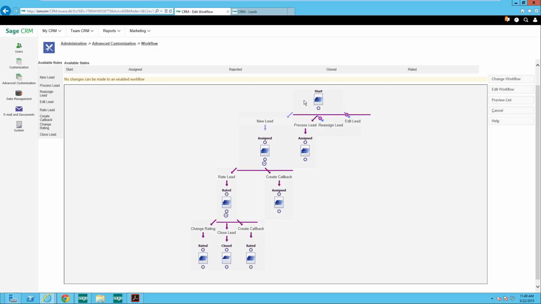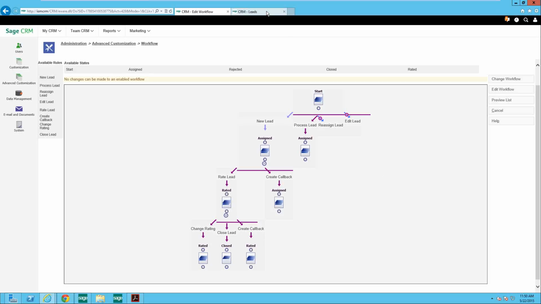So what this will allow me to do is once I start a lead, it will want to be assigned. I can rate it or reject it. I can close it, or I can rate it. So here I can have a little workflow that I can work this lead through to progress it to the next stage. So instead of having a little area that you collect all these different names and phone numbers and nobody follows up on it, within this we have a workflow area that constantly wants you to work on this lead, asking you the next question,